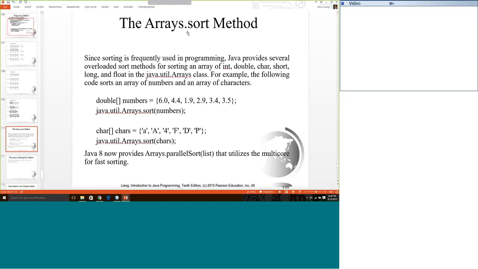Again, fortunately for us, we don't have to do that. We don't have to write that code every time we want to sort something. There is a sort method in the Arrays class that we can use. Just access it using the java.util package and pass it an array, for instance, of numbers. Here's an array of doubles, and you can pass it, and it will return back the array in ascending sorted